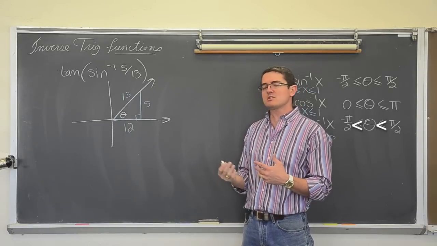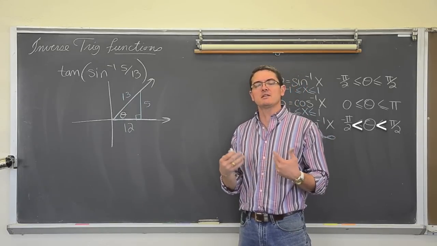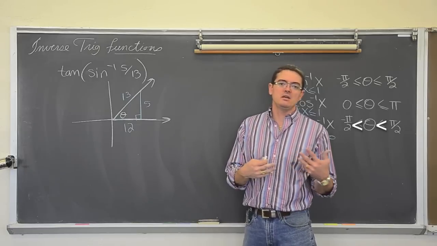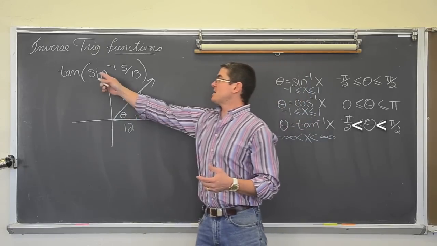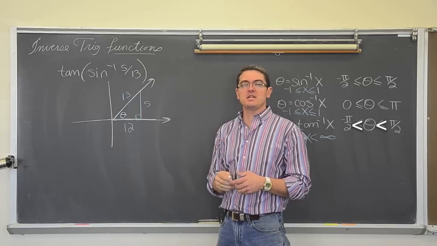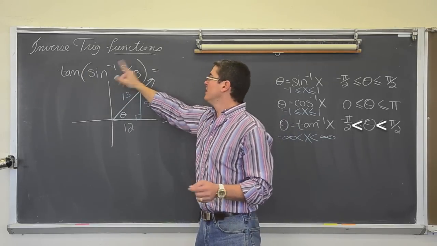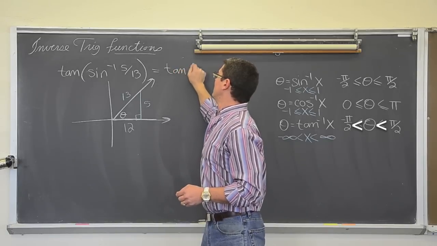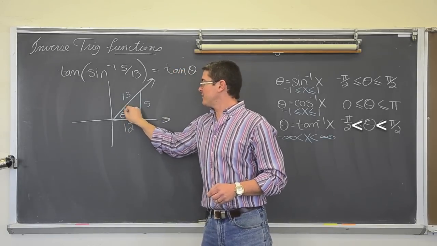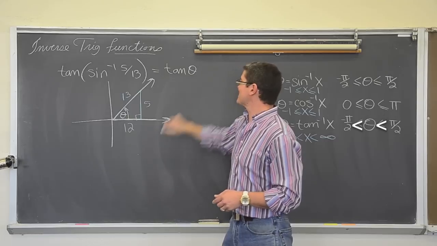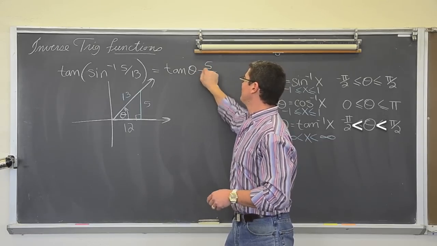This is similar to the questions earlier where I said the sine of theta is equal to blank, what's the cosine of theta? Or the sine of theta equals 5/13. What do you get from an inverse trig function? An angle measure. What is the tangent of theta? Yeah, that's y over x. That's 5 over 12.